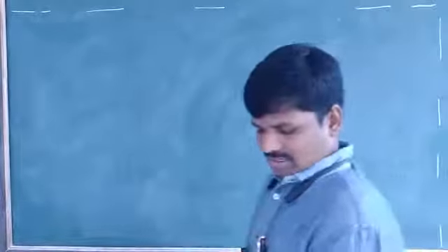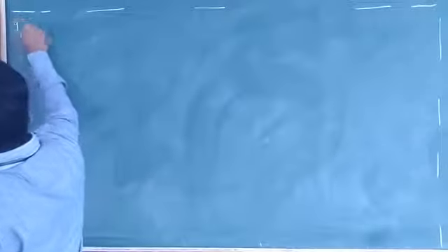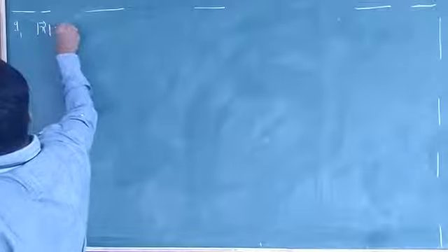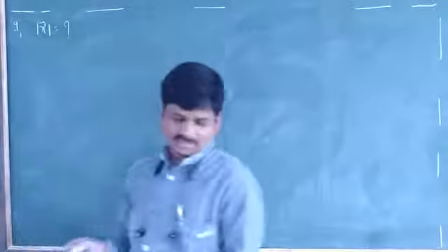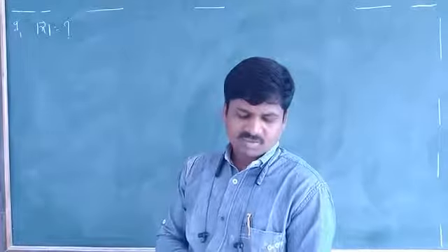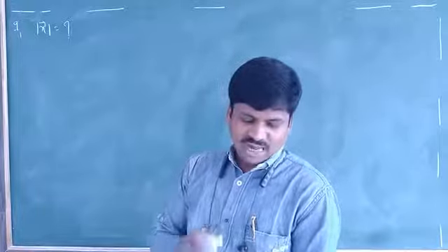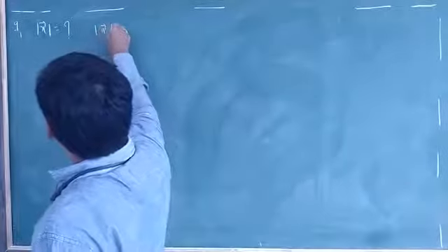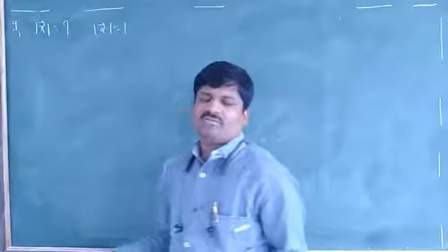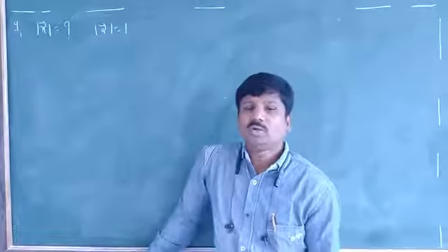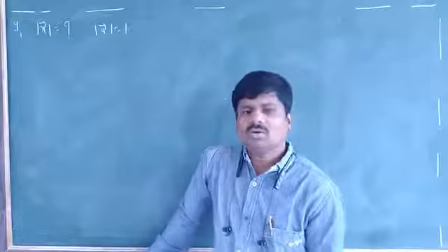What is question number 9 given here? Find mod x. He is asking mod x bar. Okay, we will find it for a unit vector a bar. That means what is given here? A bar is a unit vector. One vector is given, a bar, that is a unit vector. So mod a bar is equal to 1.